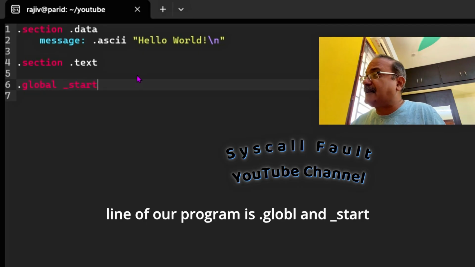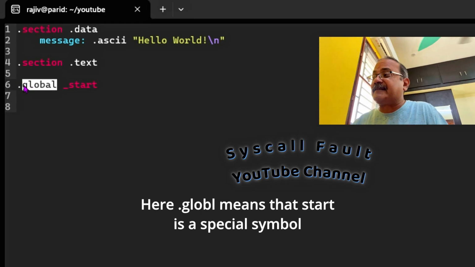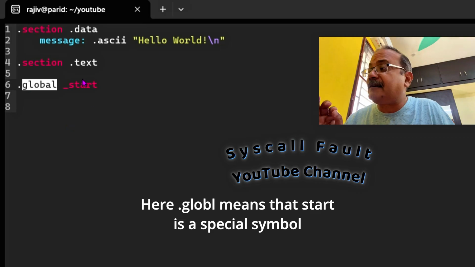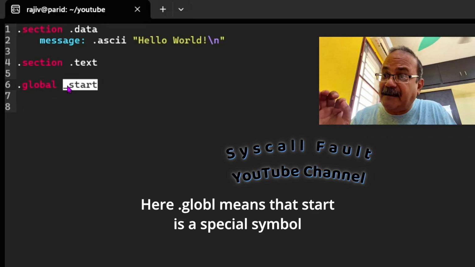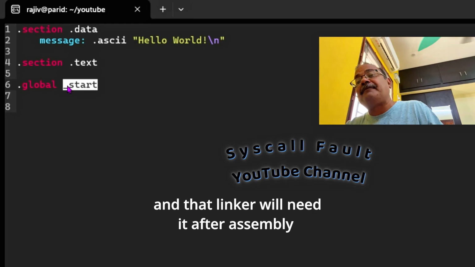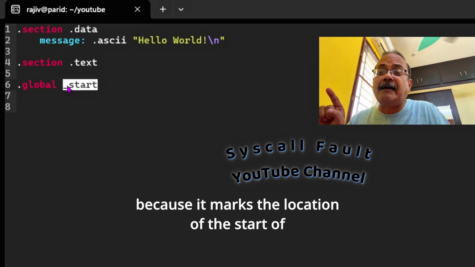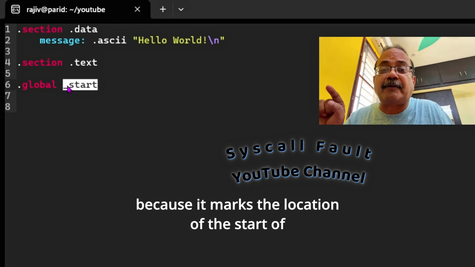Now the next line of our program is .global _start. Here .global means that _start is a special symbol and that the linker will need it after assembly, because it marks the location of the start of the program.